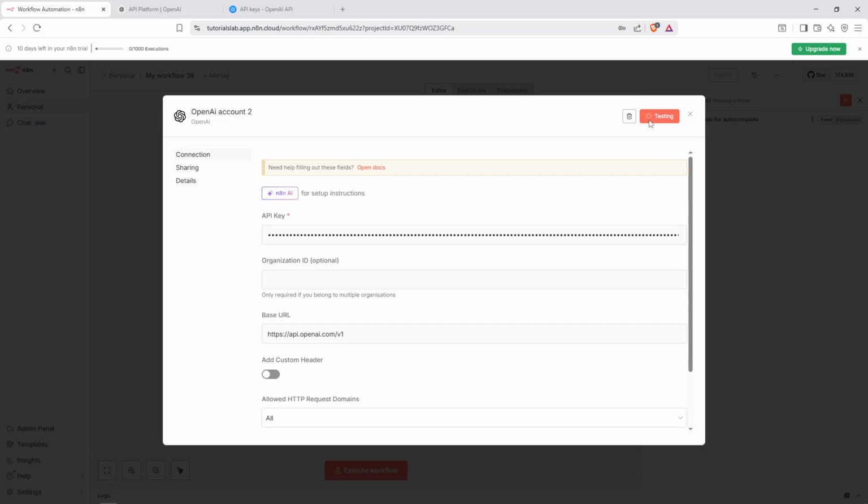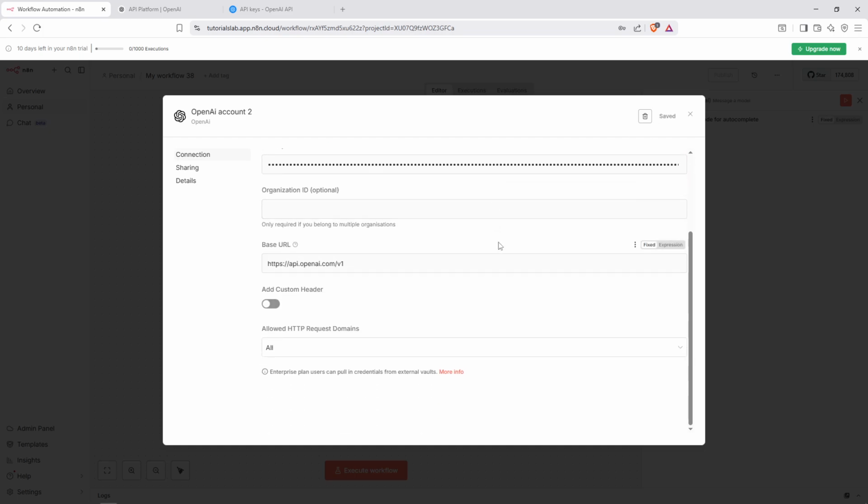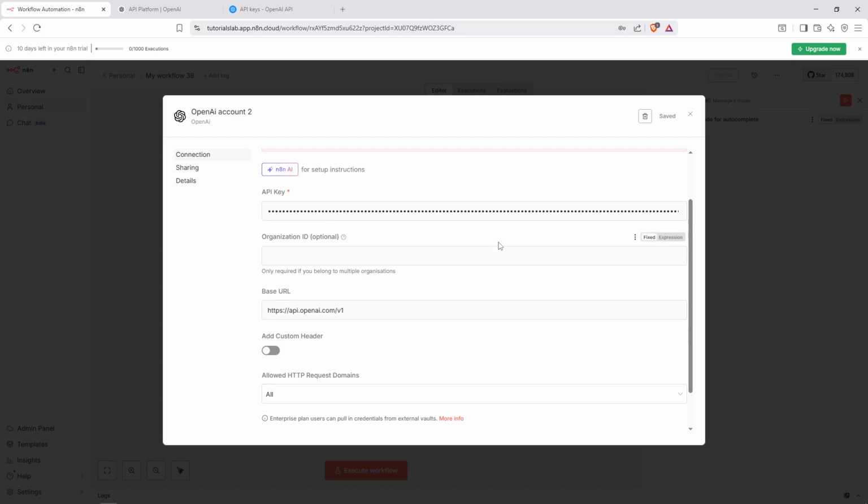And that's it. You've successfully created an OpenAI API key and connected it with N8N, enabling you to incorporate advanced AI capabilities into your